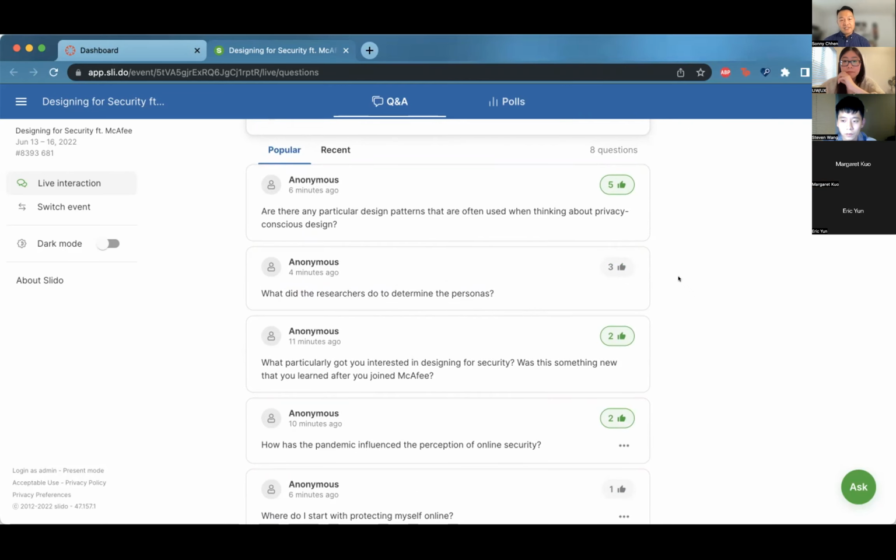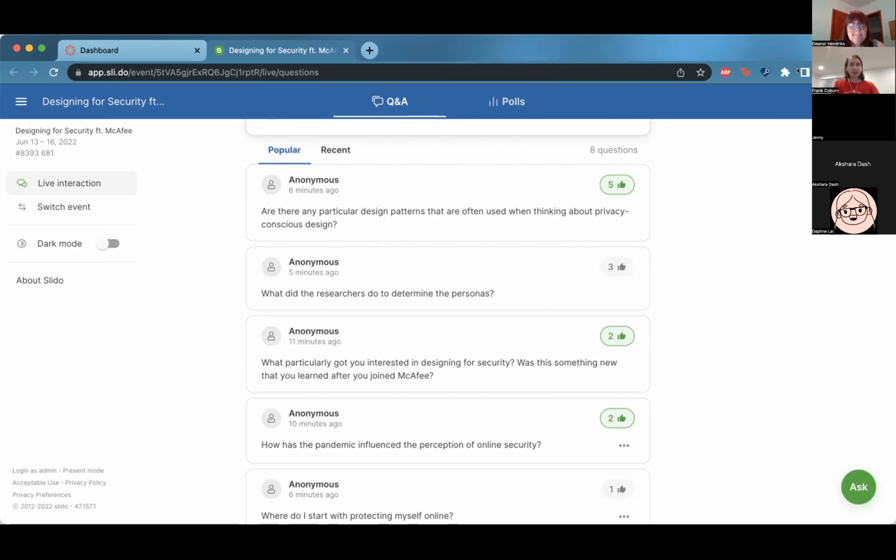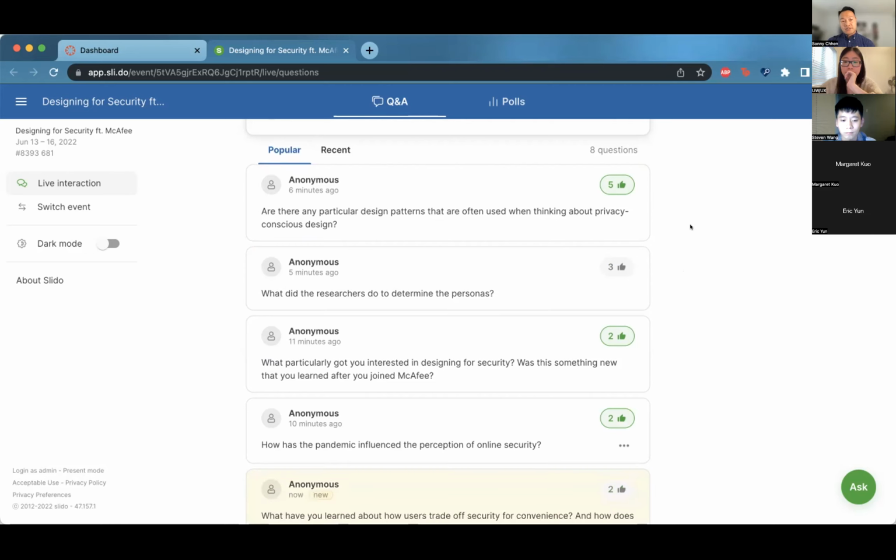If we're talking about design patterns, a lot of the times when we design a new feature, we have to think about it from an end-to-end experience. The user journey is very important because it starts with educating the user, as I mentioned earlier, the messaging that we have there, as well as trying to give a reason for the user to want to use the product. So for instance, we have a couple of new features coming out within our products called personal data cleanup or online account cleanup. The explanation on these is, if you've ever been to a website such as Spokeo and you typed in your information, or if you've ever Googled yourself,